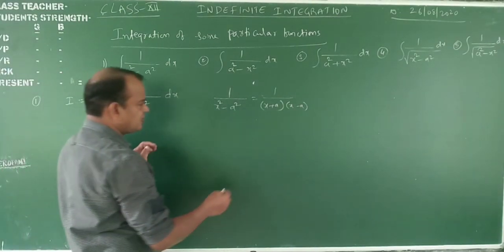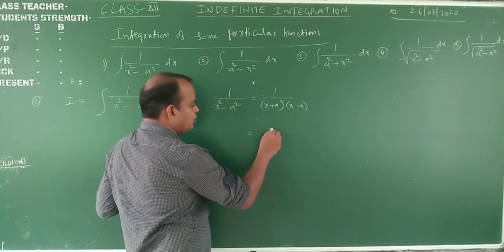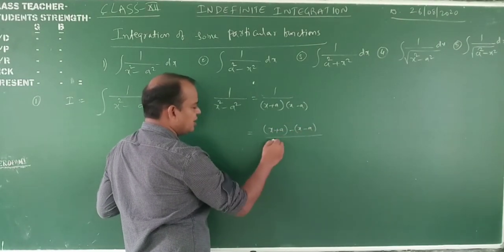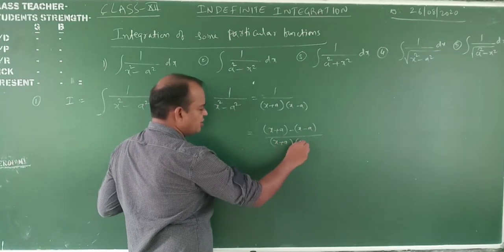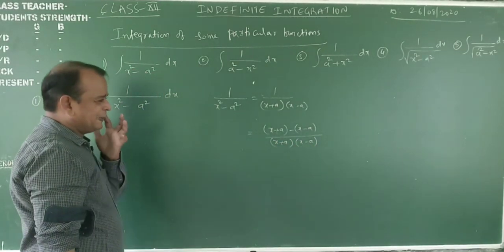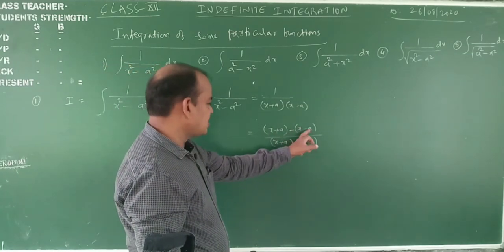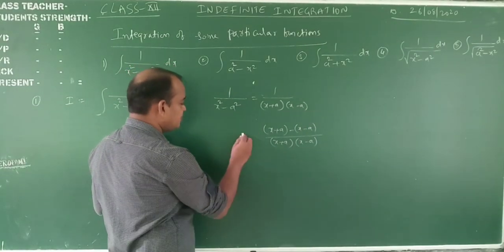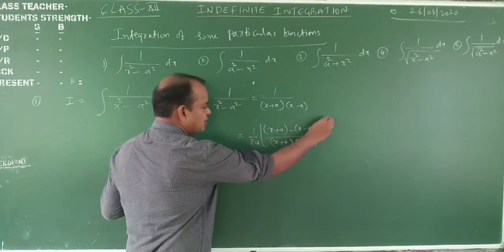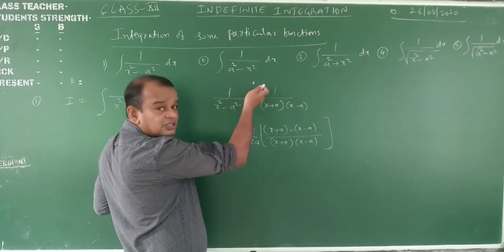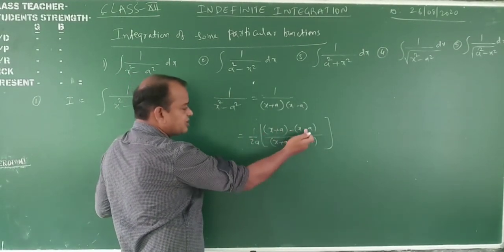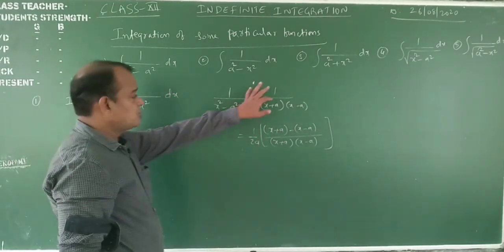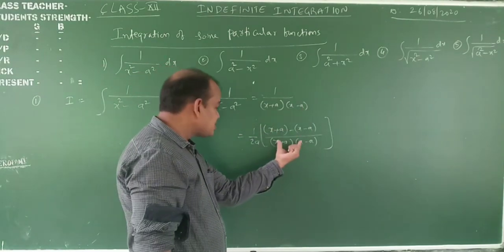Now in the numerator, where 1 is there, I write x plus a minus x minus a, over x plus a into x minus a. The denominator is the same. What about the numerator, tell me? Plus x minus x cancel, minus a plus a is 2a, but we want 1 only. So in the numerator 2a is divided by 2a, that is 1 by 2a. After calculation again we get the same: 1 by x plus a into x minus a, you can express it in this way.